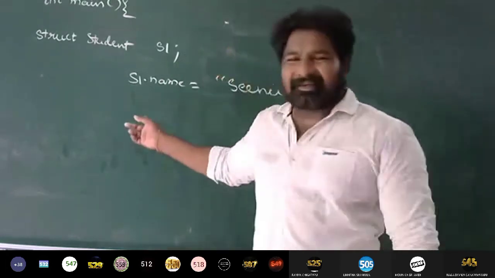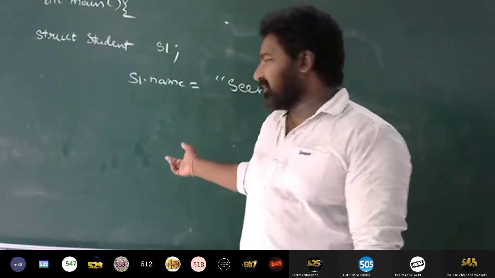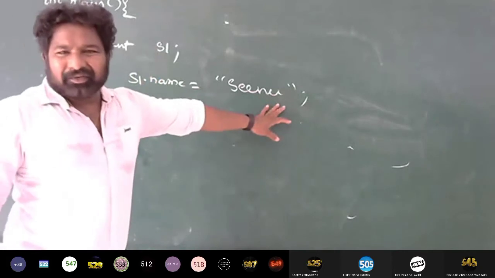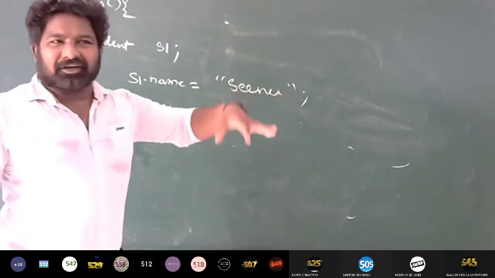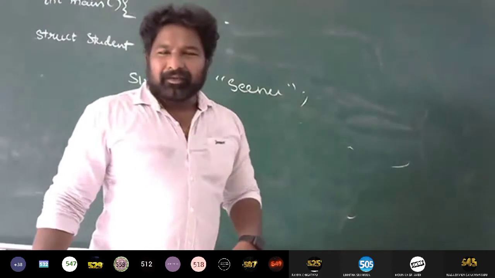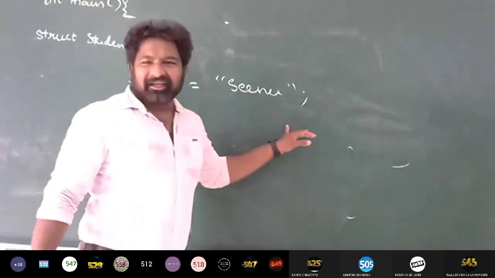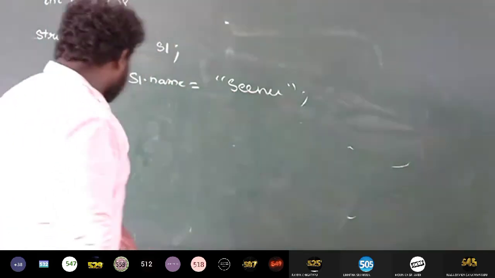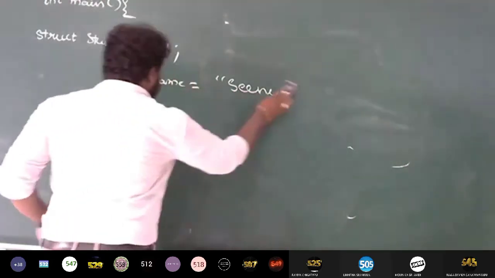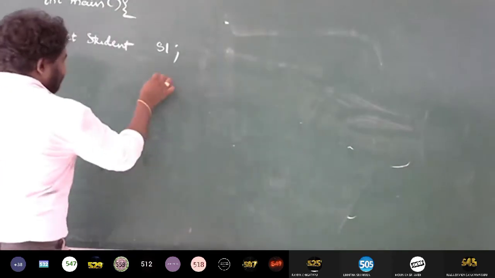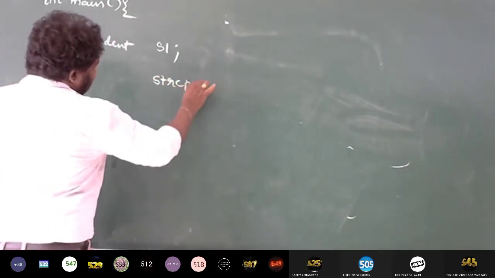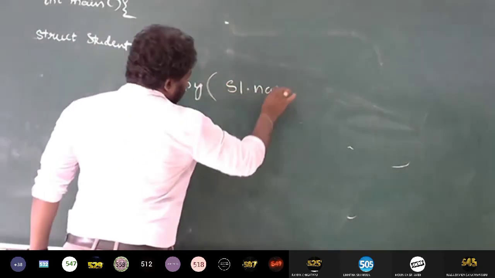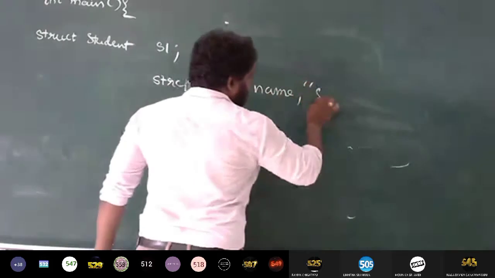Okay, then. So what is this then actually? You can't do this like this, right? Because you are assigning a string. A string can be given at initialization or you can give it from keyboard. But if I want to give something like this, I have to use the string handling function strcpy. So I have to use something like this: strcpy, string copy. First one is the destination, that is s1 dot name, comma, then my name.